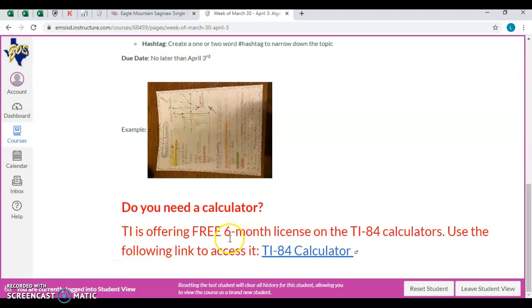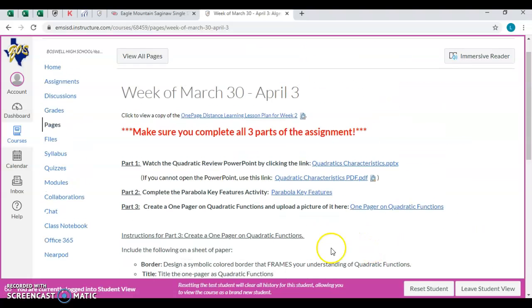Also, TI is offering a free 6-month license on the TI-84 calculators, so you can use this link to download that. Okay. So, whenever you are finished with your one-pager, I would take a picture of it and then go